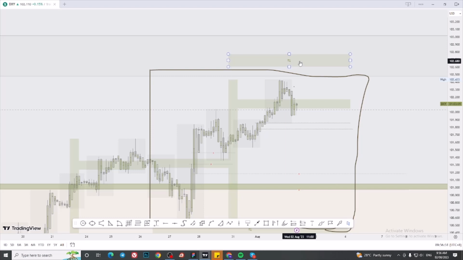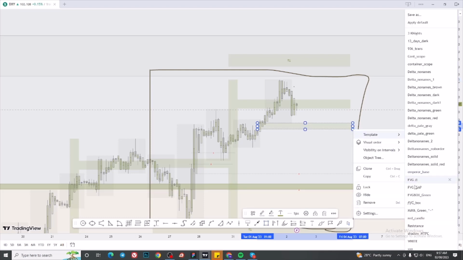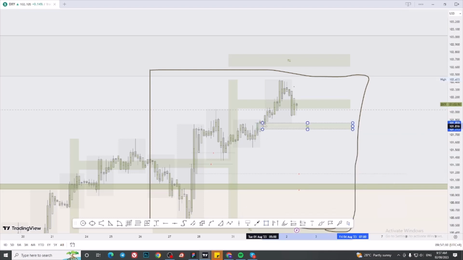So my suggestion only, I will not advise because maybe I'm wrong in this one, but most of the time I will wait from here. This level is the big gap. Okay, so we locate the gap. So we will wait for the candles to fill this gap